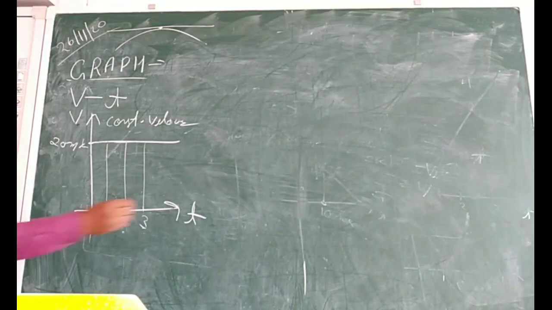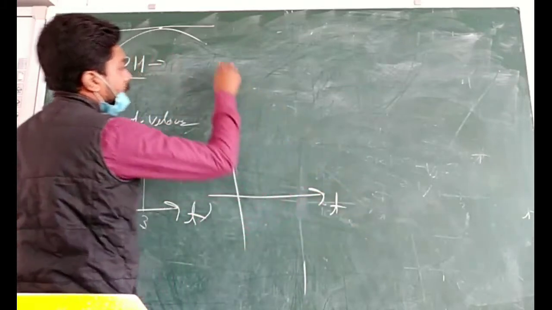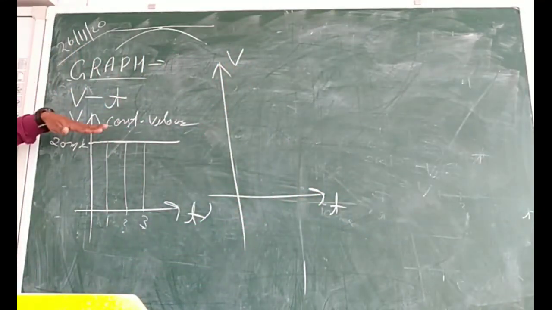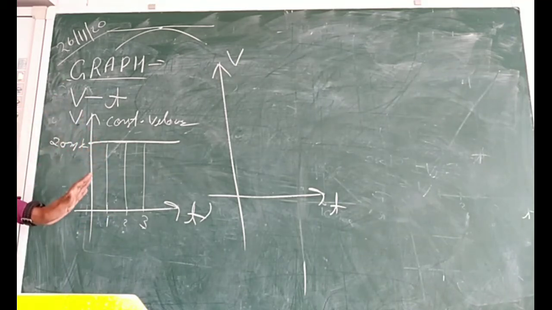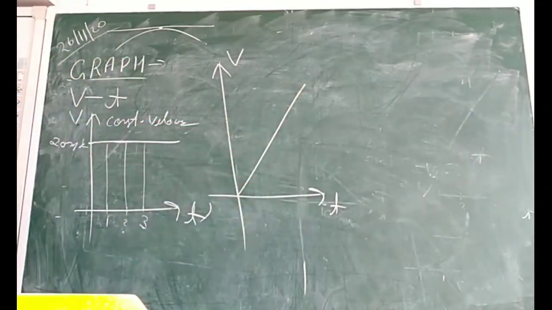Okay. Now the next graph is this: this is the time, this is the velocity. Remember, whenever the graph is horizontal, it doesn't mean that the body is at rest. As I told you, whenever you are observing a graph, first of all see your x-axis and y-axis, then decide which type of motion is there. Okay. Now next, suppose the graph is this. Which type of motion is represented by this graph?